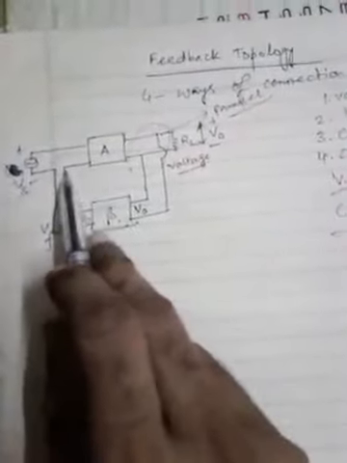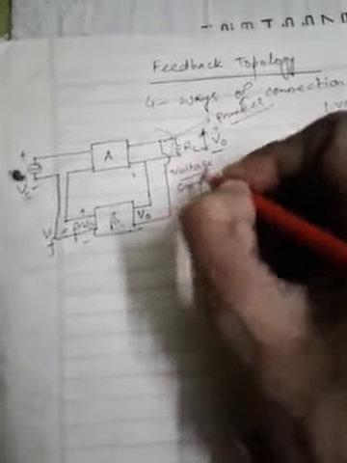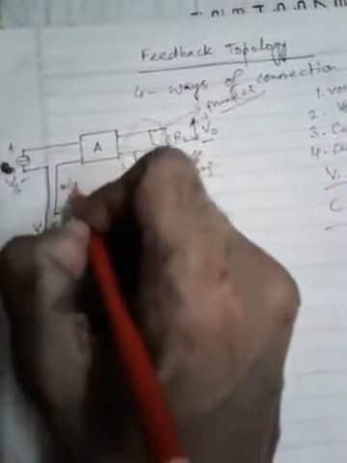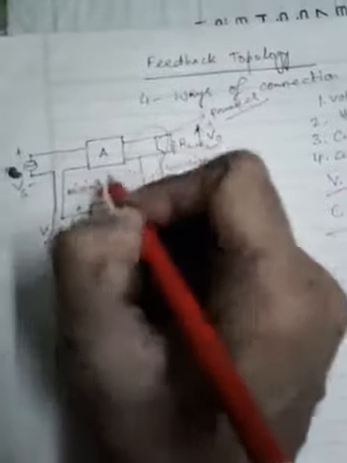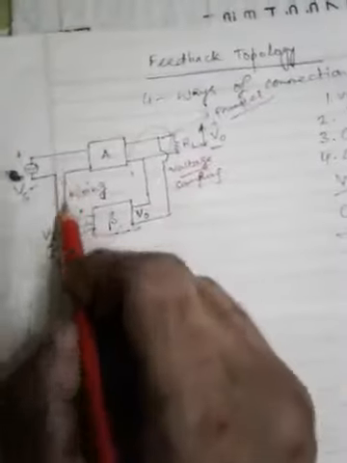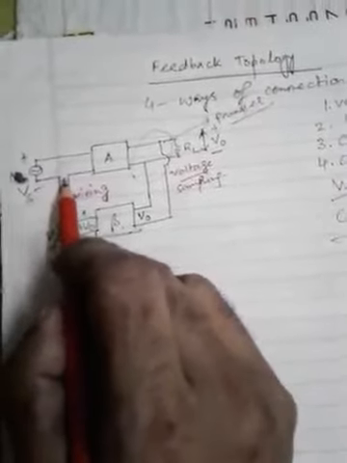And look at the connection, how I am drawing. I have drawn in this fashion. So this is the voltage sampling we have done over here, and the output of the feedback network is mixed with the input, this is the mixing, between Vs as the external source and the gain of the basic amplifier A, in such a fashion which shows us that this is a series mixing.